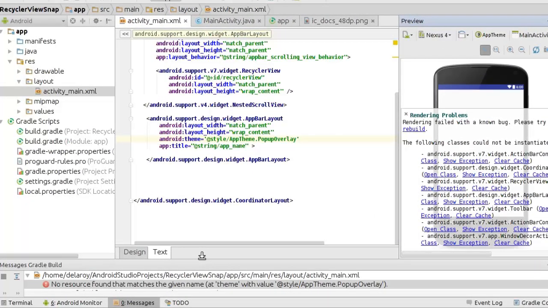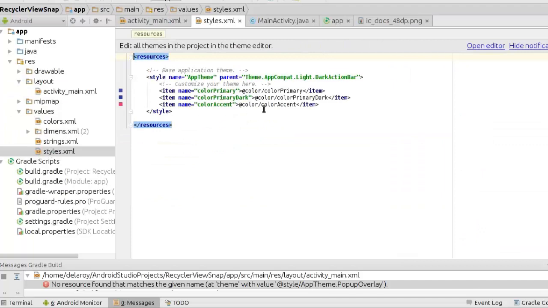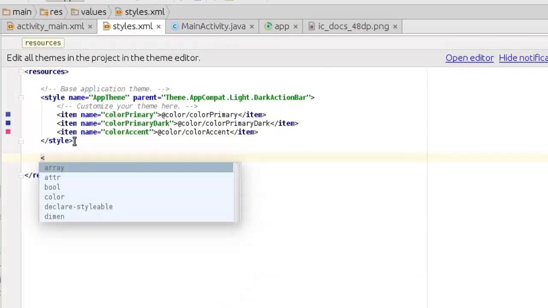Let's quickly go to the theme. We have to actually create the app pop-up overlay, which we get to do right quickly. Let's move to the theme. We have the dark action bar. That's fine. Now let's quickly create this, which will actually be style,